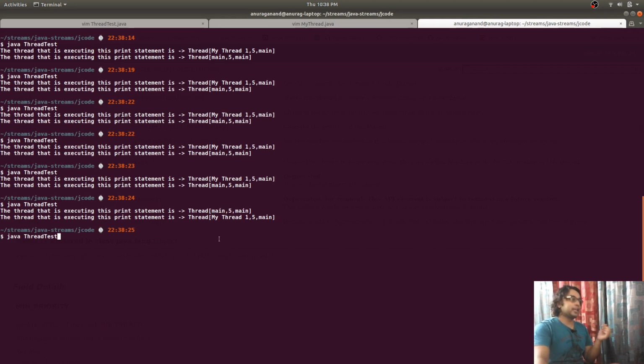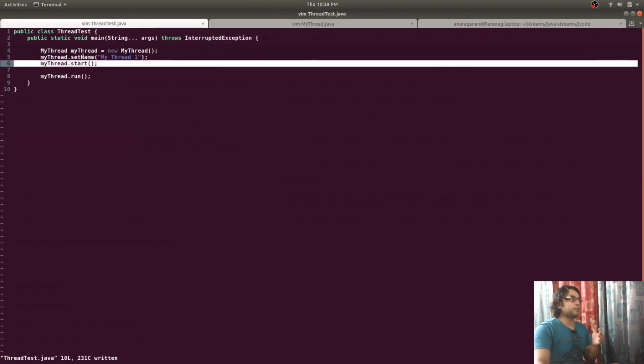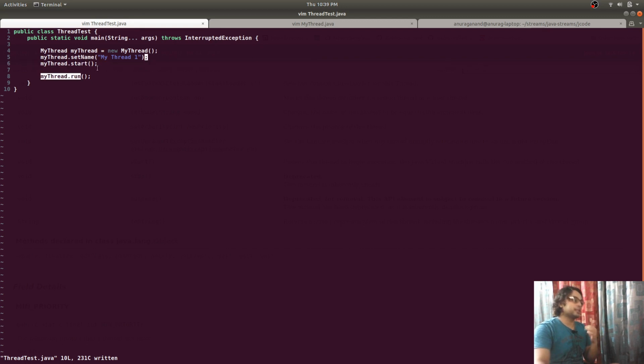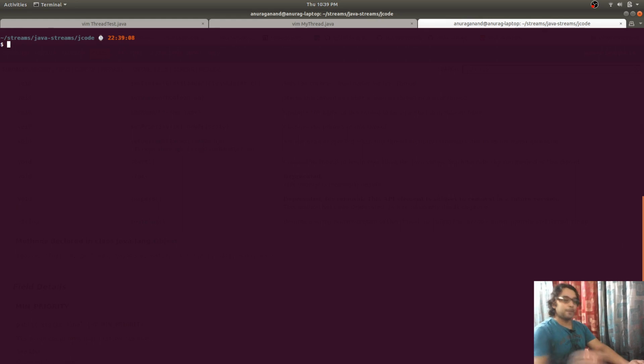So this issue of concurrency arises when different threads are executing the same block of code. What we want is that if we created this thread first, then it should execute this statement first, followed by this statement, but that doesn't happen. This is why we need synchronization, another way to control this flow.